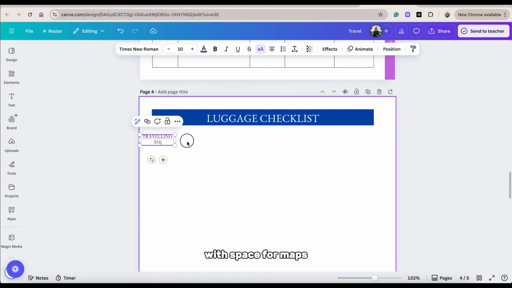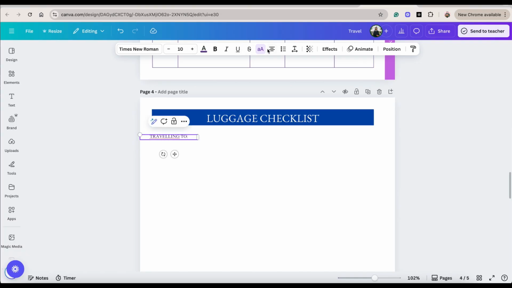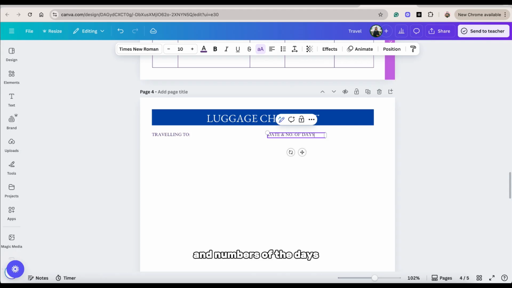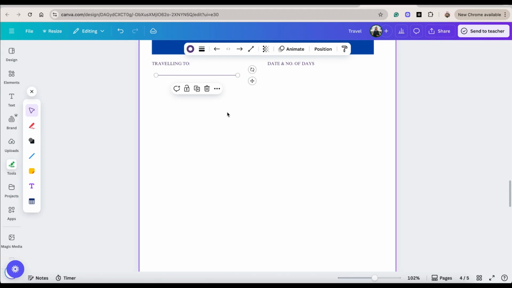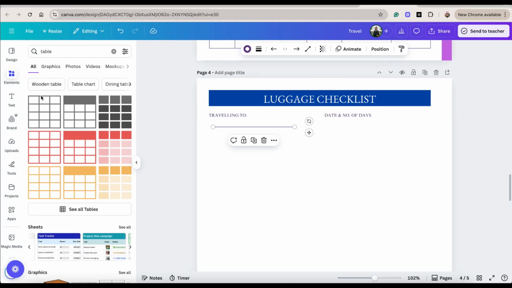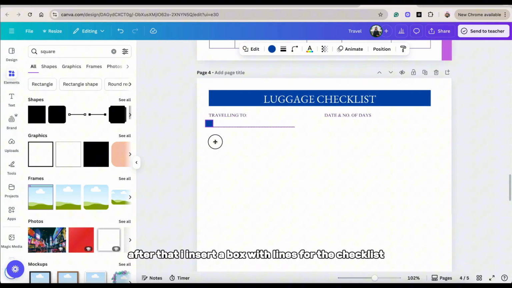Insert a page with space for maps or destination notes. For this part, I add the text Traveling to, followed by the date and number of days, then add lines. After that, I insert a box with lines for the checklist.